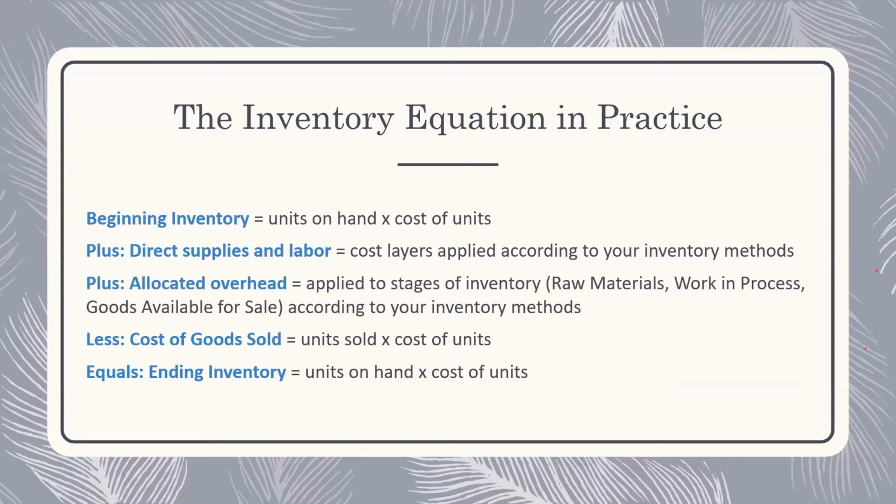Units on hand. So physical count is units, right? And that's where most of you are starting, units on hand. Right? But what is the cost of the unit? That's the hard part, right? Units times cost. And then when you add in the new cost layer, what is the layer of cost that you're adding? The direct supplies and labor for how many units, right? So this is the hard stuff that Olivia is going to start to walk you through,